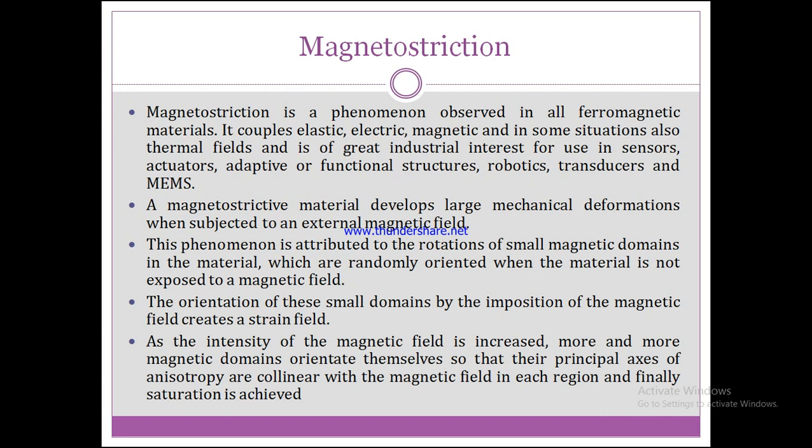The orientation of these small domains by the imposition of the magnetic field creates a strain field. As the intensity of the magnetic field is increased, more and more magnetic domains orient themselves so that their principal